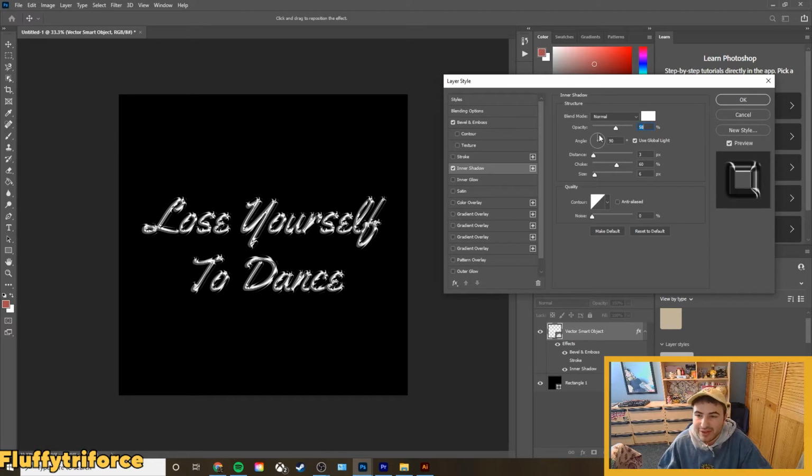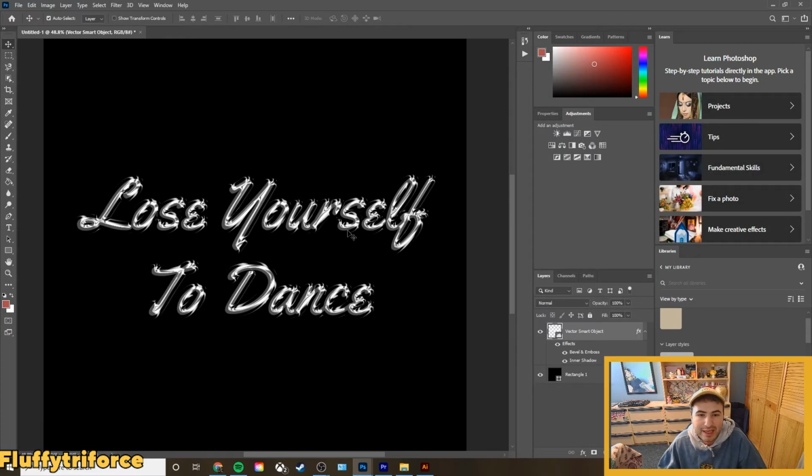Then for the angle, that's gonna be the way the shadow reflects upon itself. So I have it set to 90 degrees. The distance, I have it set to 3, which just shows how far it goes out on the emboss. And then the choke makes the depth larger or smaller. So I like to keep it somewhere in the middle because you don't want it jumping out away from the text. So we have it on 60 around here, the size 6, and the contour and noise is fine like that. So now we can hit OK, and our text is